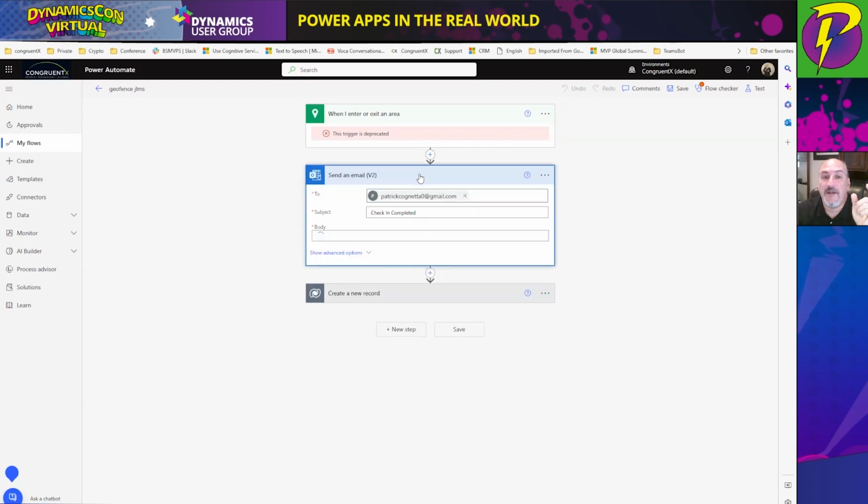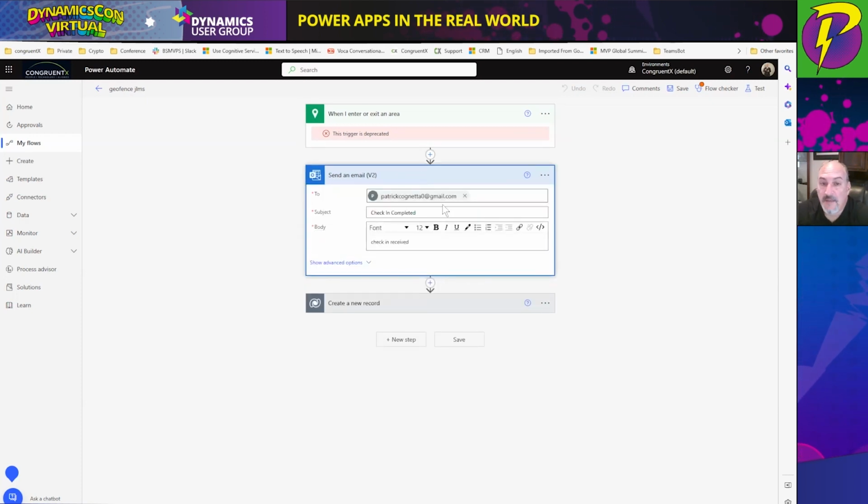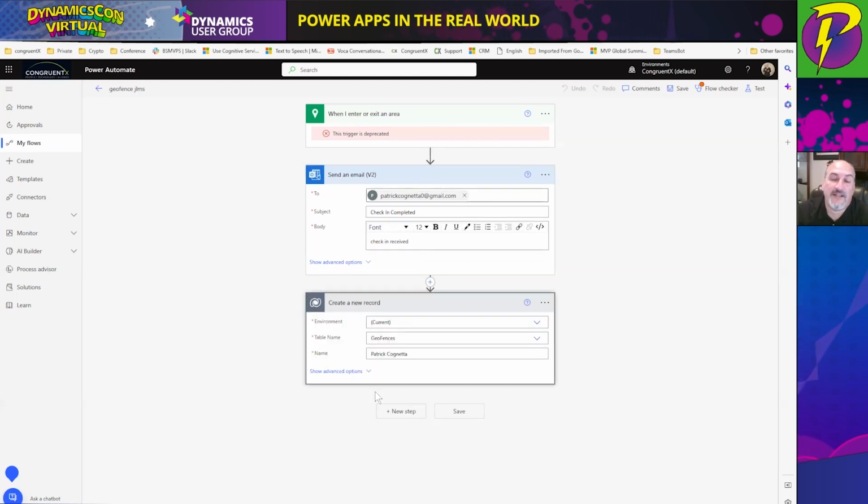Once it kicks off, it's going to open up an email, and it's going to email my son that the person checked in and out, which is one aspect. This could be an alert to the teacher, or you can completely bypass this step and actually create a record directly in Dataverse. And this record getting created in Dataverse would be the equivalent of creating that record inside of the teacher's system.